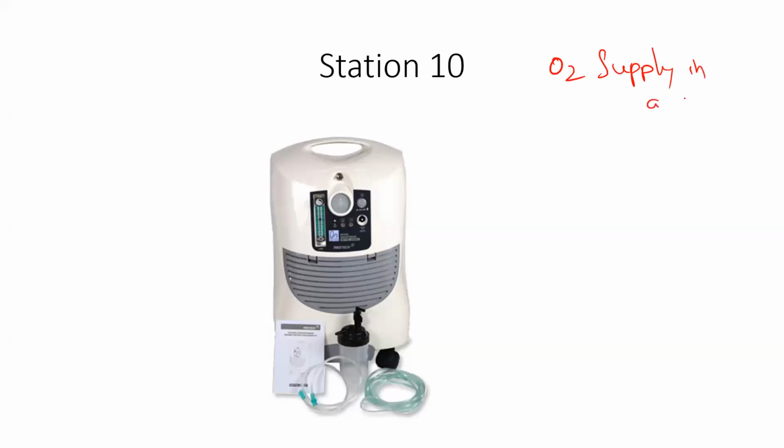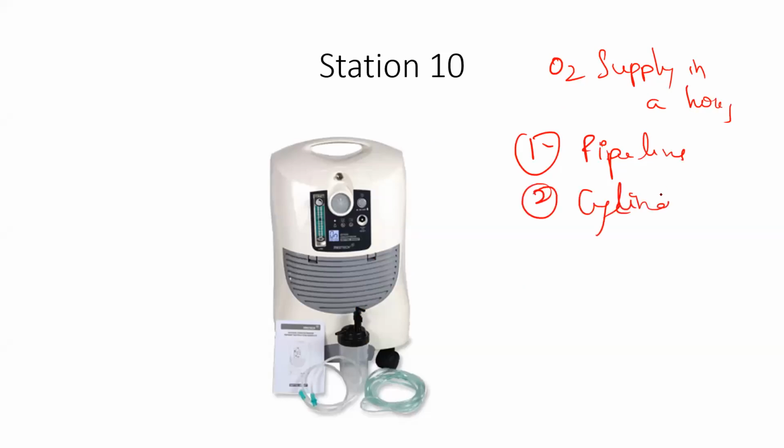Sir, it's a pipeline gas supply from the manifold. Number one commonly used is the pipeline gas supply from the manifold. Very good. Then cylinders, portable cylinders, E-type. Portable cylinders, cylinder supply. Very good. Then